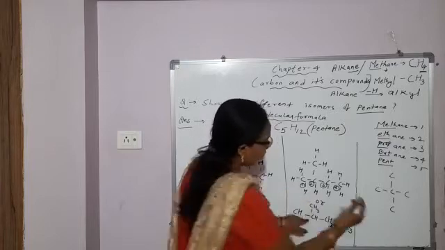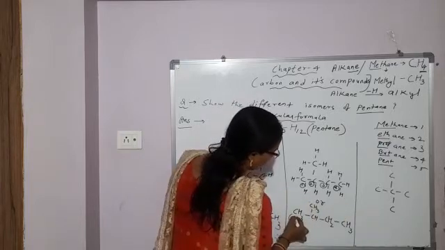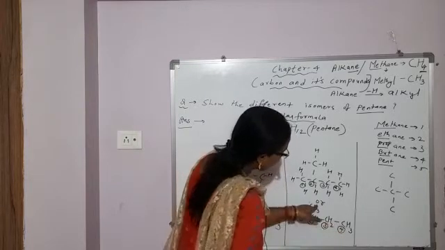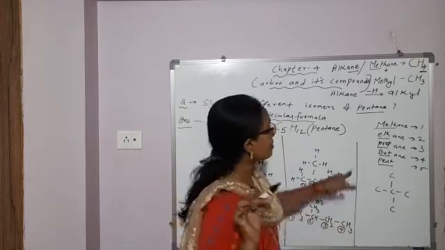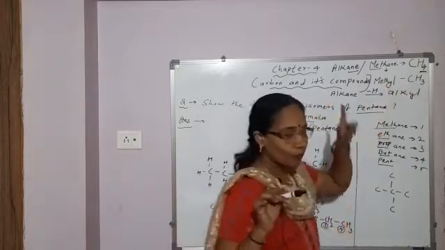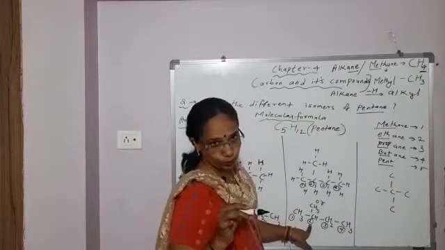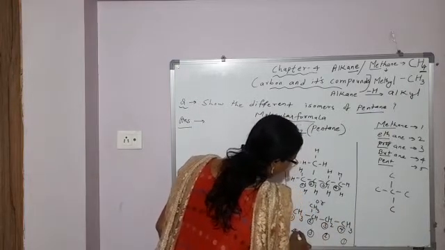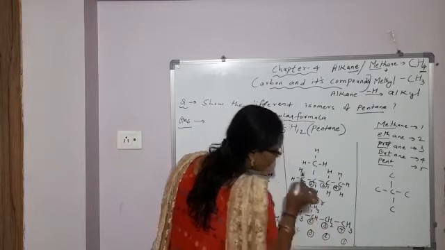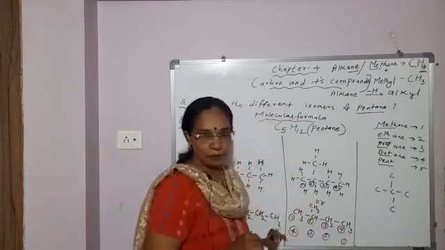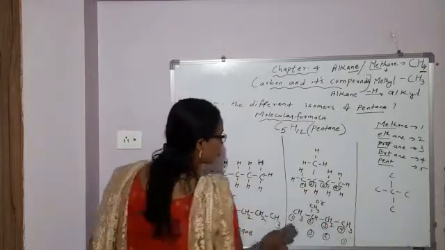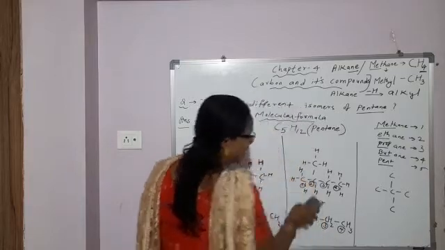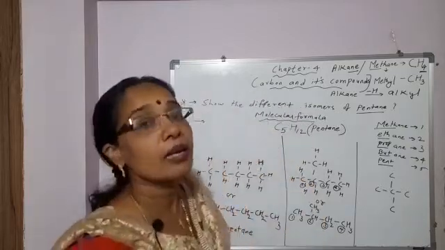So from this side or from this side you will start. If you start from here, 1, 2, 3, 4. This methyl group, CH3, I already discussed. CH3 is methyl group. Methyl group getting what position? 2. But if you do the numbering this way, 1, 2, 3, 4, the methyl group will get position 3. So you will do numbering from the left side, so that the group in branching should get the lowest possible number.